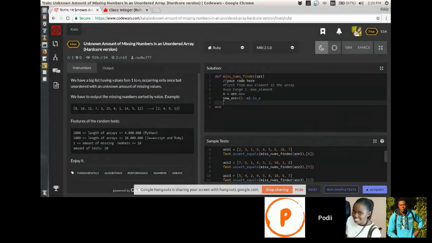Now that we have our two arrays, finding the missing values, now we can do new array. Oh, we need them in order. Sort.